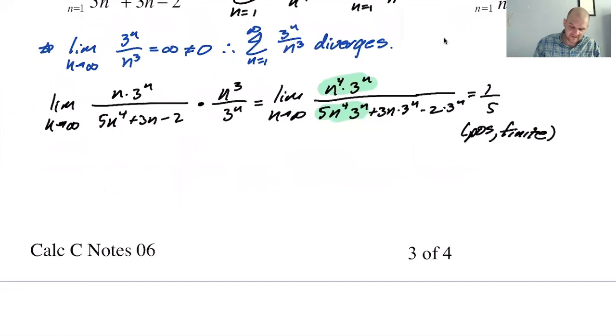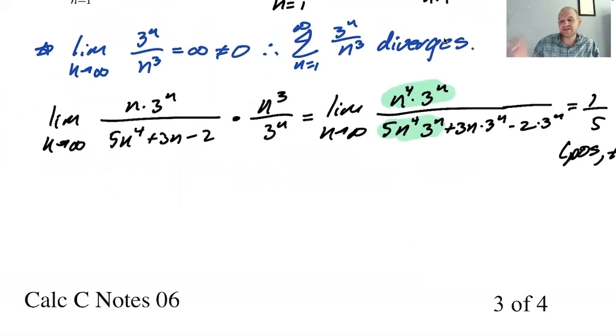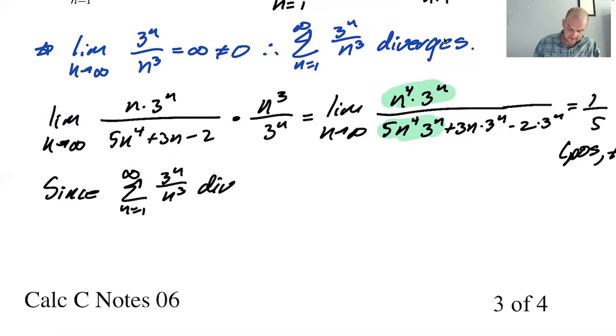So this one had that extra step because we had to show that the series we were comparing to diverges. Sometimes you have to do a couple of extra steps, which is really annoying, but there's no way around it. So let's say, since 3 to the n over n cubed diverges, I'm going to say by nth term test,